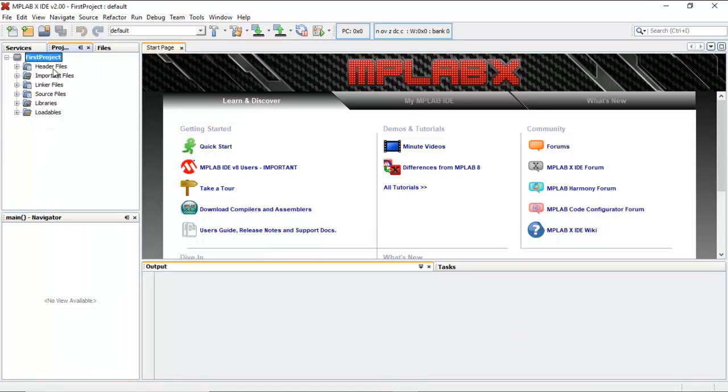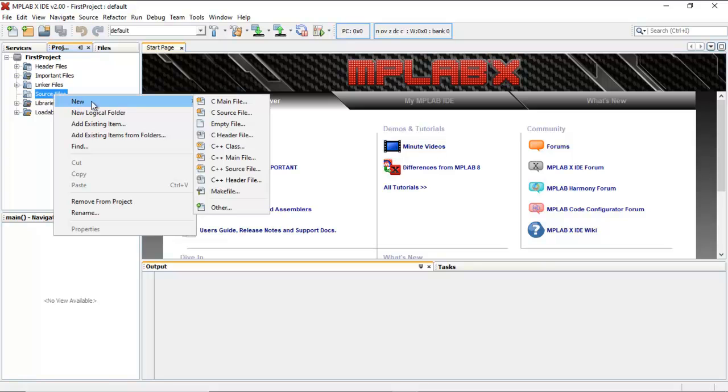Now to create the programming file, we have to use the source files folder. So here, if you observe, multiple folders have been created under the project: header files, important files, linker files, source files. Whatever C programs we are going to write, all those C programs are kept under the source folder. So right click, New, select C main file,